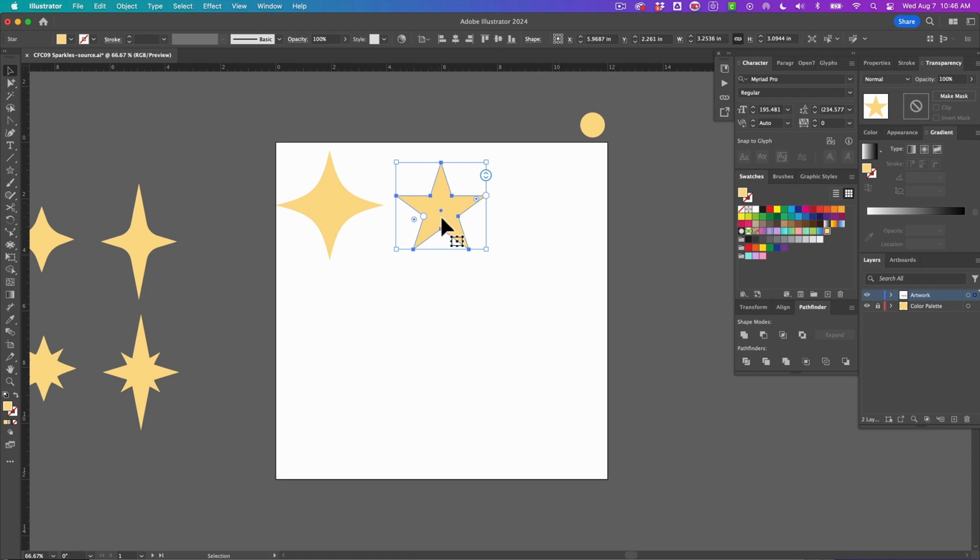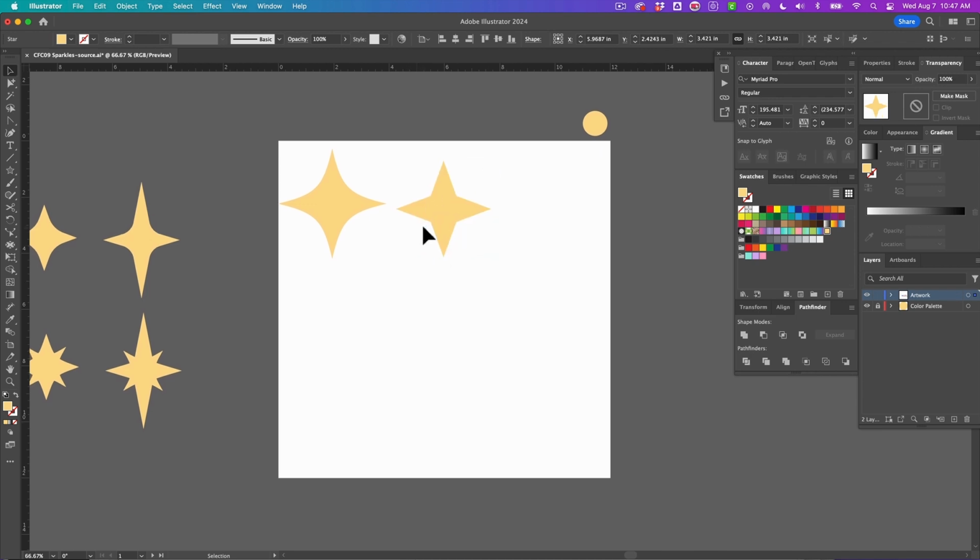And once I have it here, we see a whole bunch of little circles all around this shape. This one here with the arrows on it lets us increase, if I drag it down, or decrease the number of points that the star has. So if I take it up 1 notch from the default star, it gives me 4 points. So this alone, I think, looks like a pretty nice sparkle,